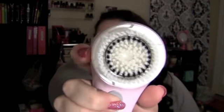So now last thing is skincare, and I have a couple of products. Of course I have my Clarisonic Mia, and this thing, I honestly cannot express how much it has changed my skin. If you've never tried one of these, you should go to Sephora on one of the days when they do the spa days, and have the girl show you how to use it and how well it works. When I first used it, I didn't think it was going to work that well. I thought it was going to dry out my skin until I learned how to use it, and now I'm just so happy. So if you haven't seen it, this is the one that has the 1 speed,